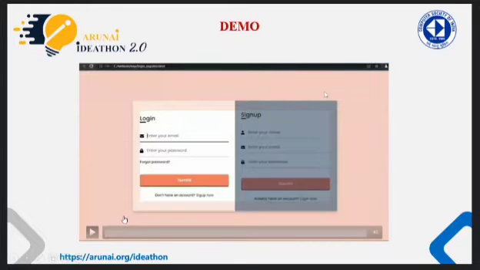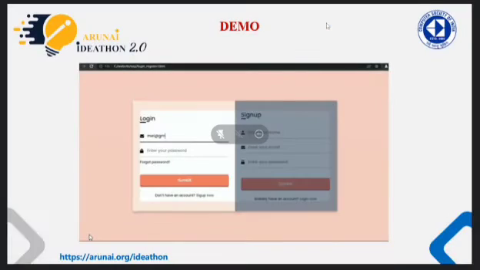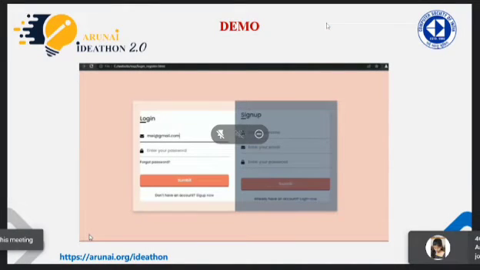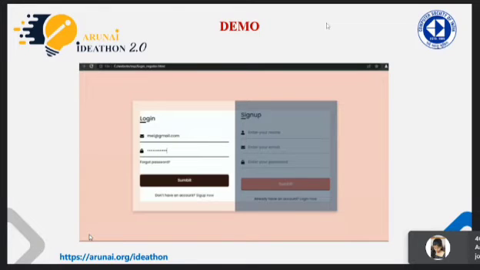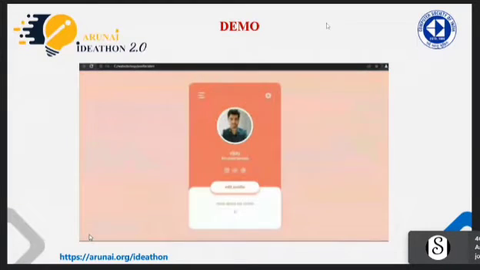Demo. This is our web application login and sign up page. If you already have an account, you can log in, but if you don't have an account, use the sign up page to create an account. In this case, I have an account, so I enter my email ID and password. After that, it goes to our main web page. Here we can see the profile at the top right corner. You can view your profile